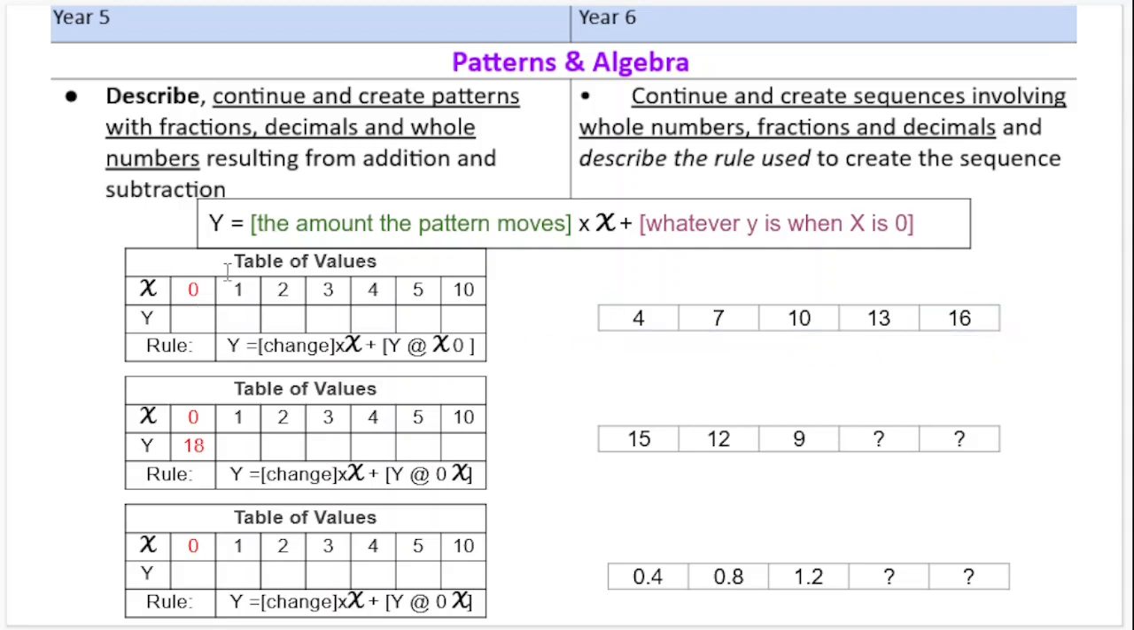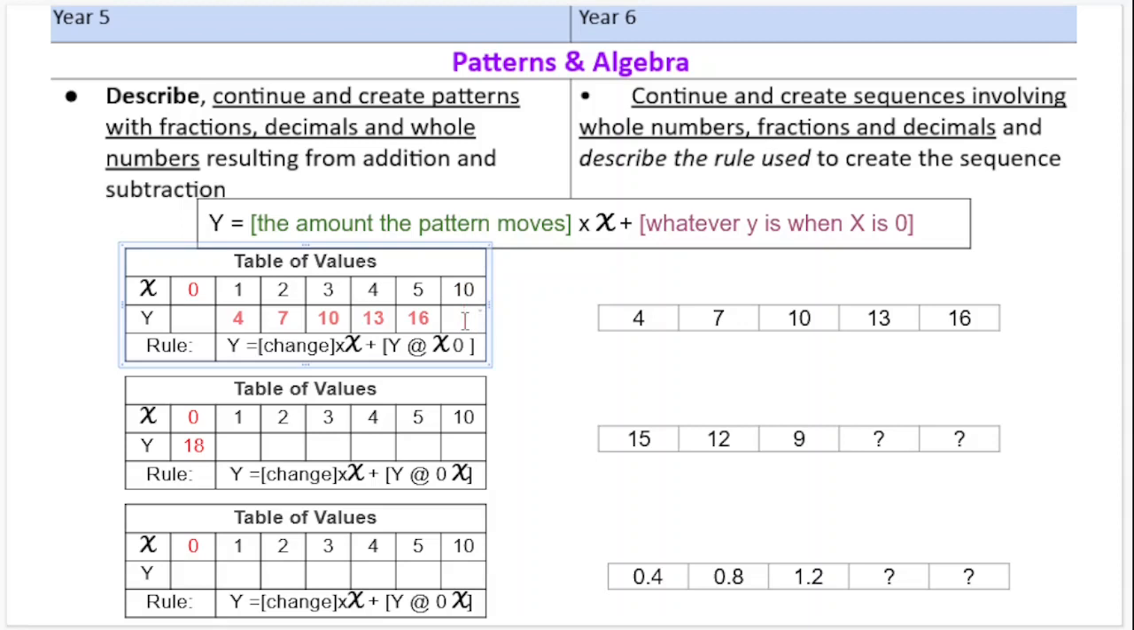So we've got a table of values. Now we're calling the pattern the x-axis or the x stuff. So when x is 1, that means it's the first in the sequence. When x is 2, it's the second number. When x is 3, it's the third number. So we're just going to move these numbers into the table of values. So what's our first number in the pattern? Yep, 4, next number, 7, third number in the pattern, 10, fourth number in the pattern, 13, fifth number in the pattern, 16, and if you want to get to the 10th